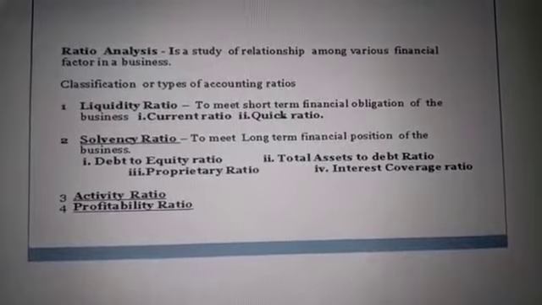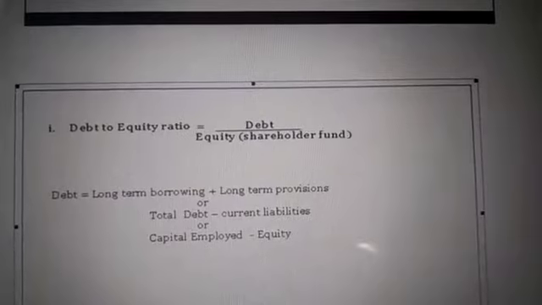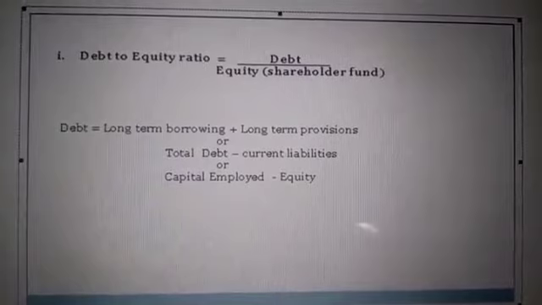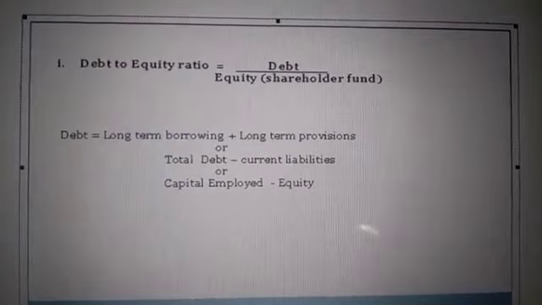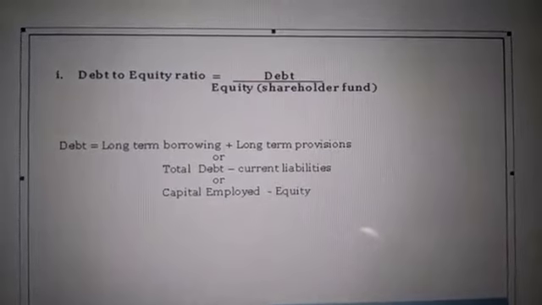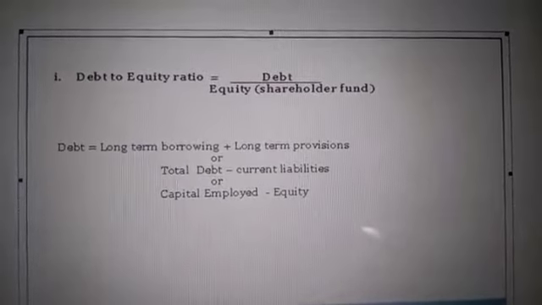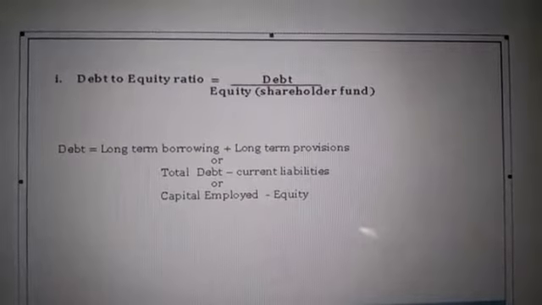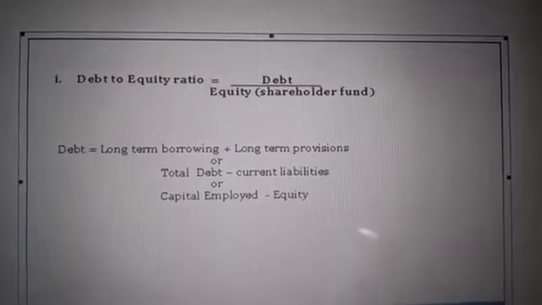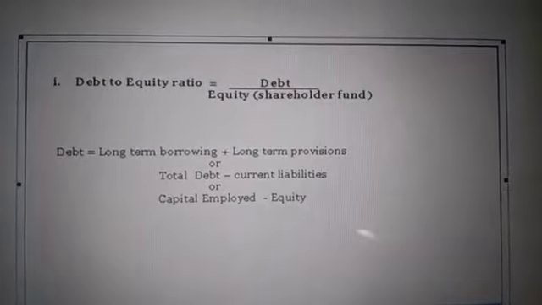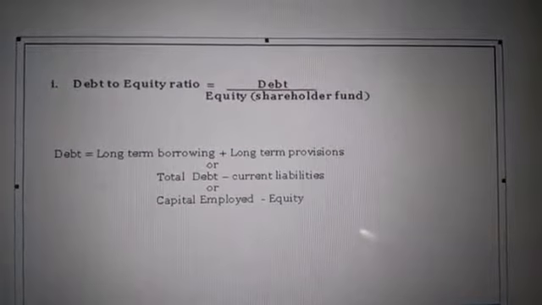Debt equity ratio. What do you mean by debt equity ratio? You all know debt equity ratio is equal to debt divided by equity. Debt means long term borrowing, which is borrowing for more than 5 or 6 years. And equity is what? The amount invested by the investor in the form of shares. Those investors in companies who invest in shares are known as shareholders. So equity is what? Shareholder funds. What will be included in the equity? Let's see.